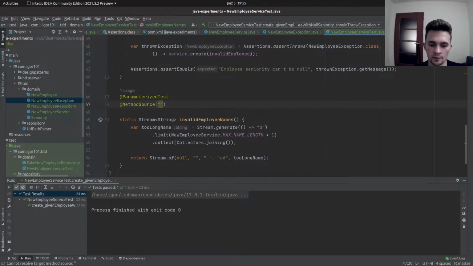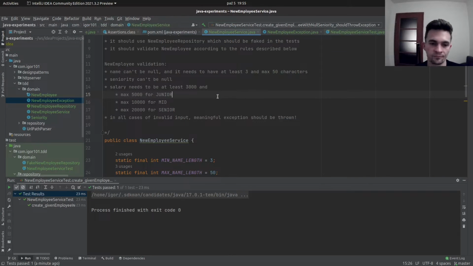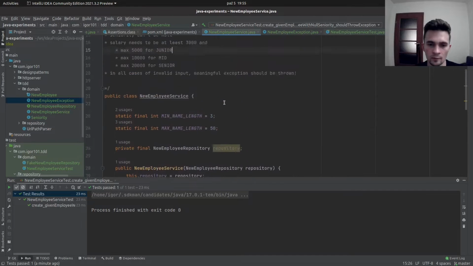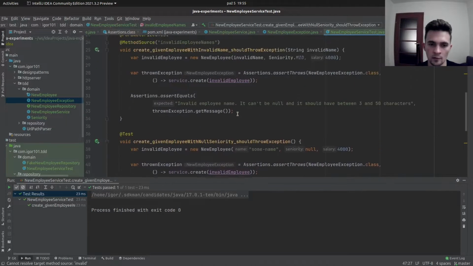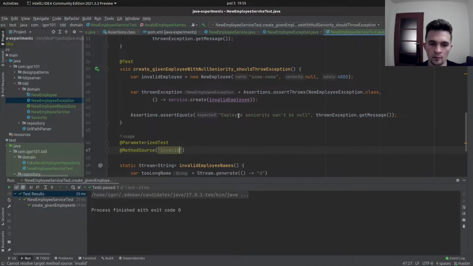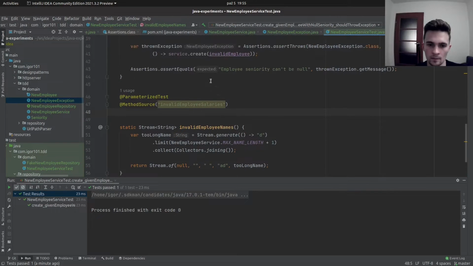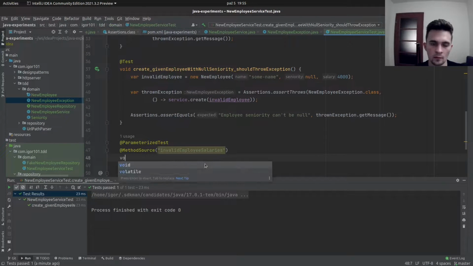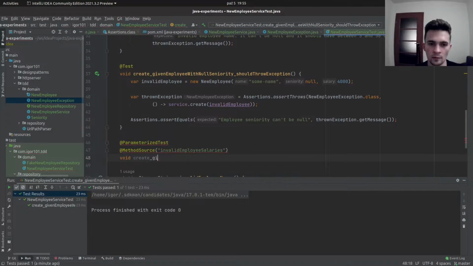Let's call it invalid employee salaries. And we'll say create given employee with invalid salary should throw exception,